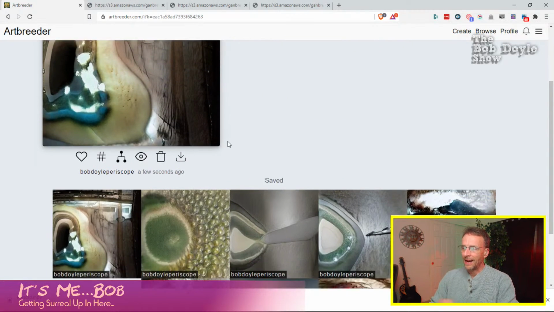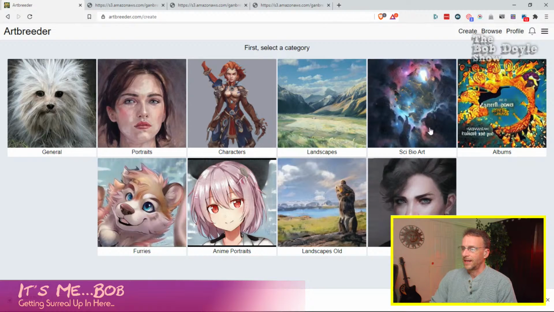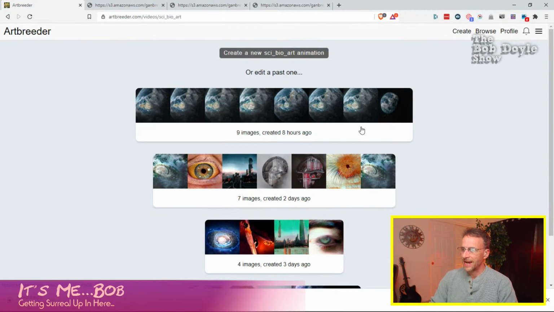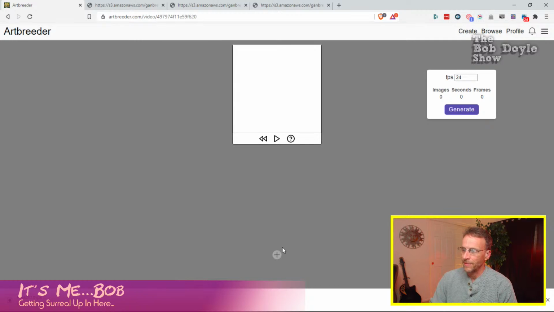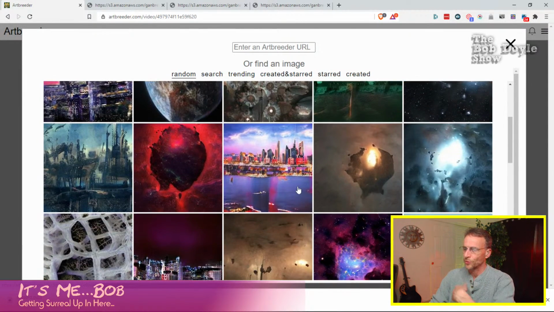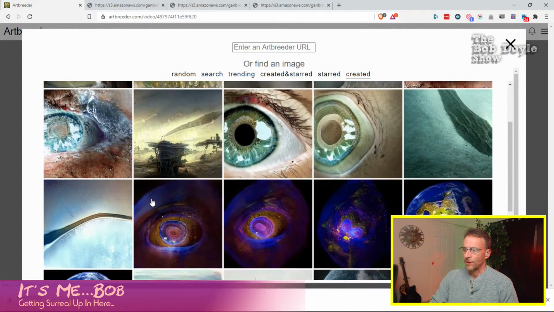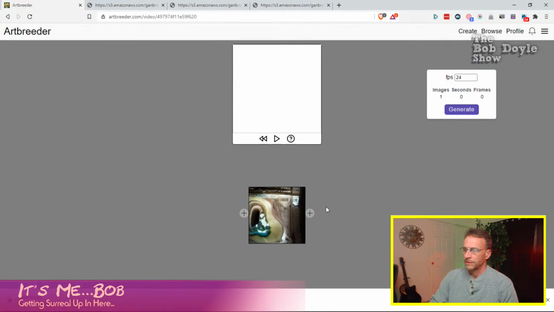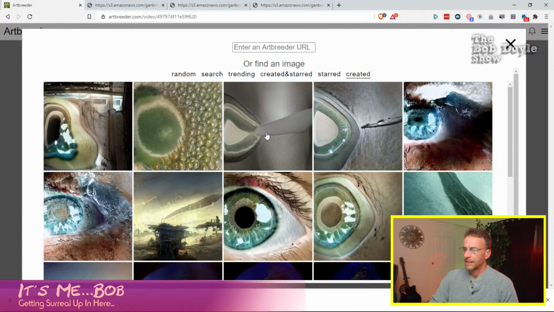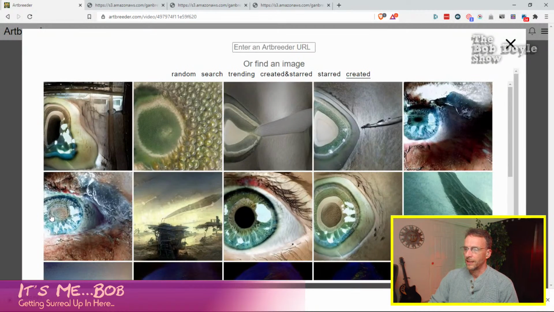All right, I'm just going to go with this. So now I'm going to go back to create science bio art. Now I'm going to say animate, create a new science bio art animation. Click the plus sign, and I can use any of these images I want. These are either being randomly created or, yeah, I guess they are, because there's no username associated with them. So these are just randomly created, but I'm going to use the ones that I created, right? And so I'm just going to have to tack them one by one. Plus, plus, plus, plus, plus, bear with me, plus.